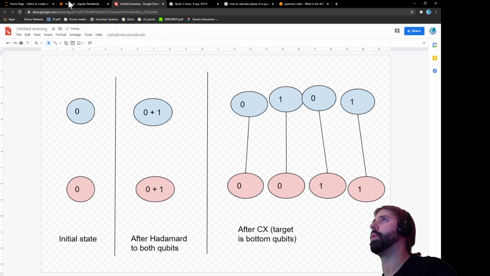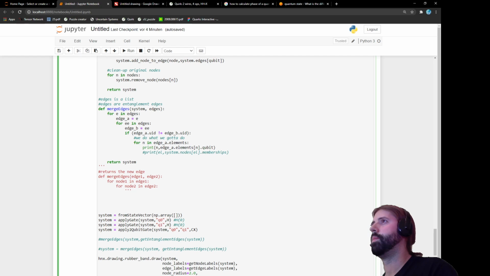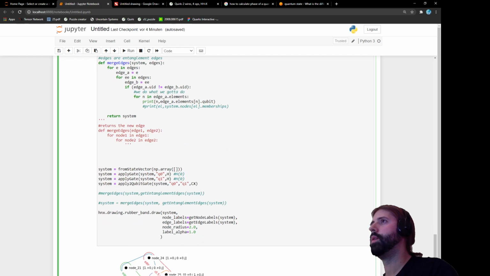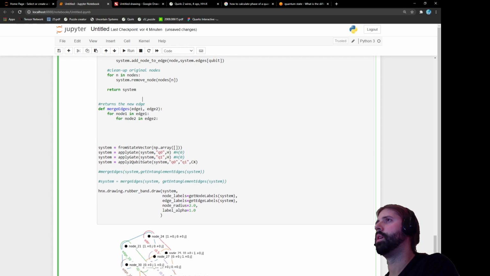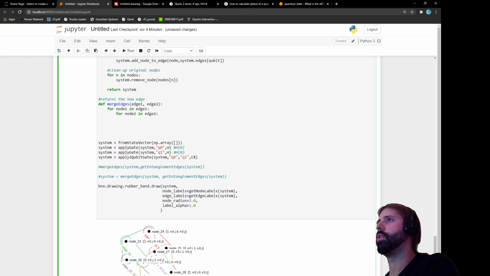First, let's just do this simple thing here, where we just have these merge edges. I'm going to get rid of this function here. So this just returns an edge. You give it 2 edges and it returns an edge. So what it does is it goes through all the nodes, and if node 1 dot qubit equals node 2 dot qubit,